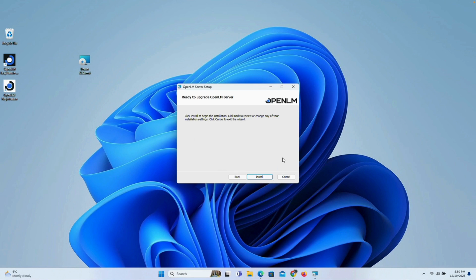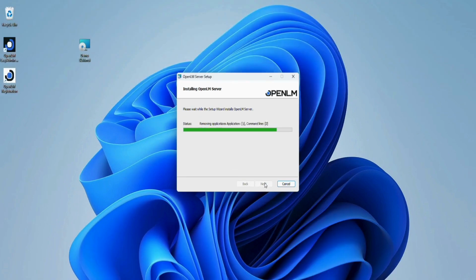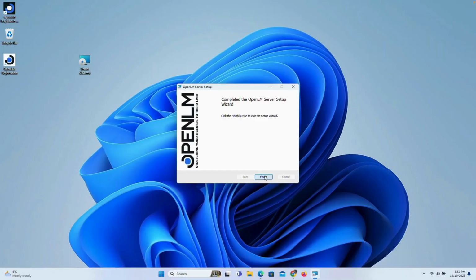And we are ready to upgrade the OpenLM SLM. This is a very straightforward process and it shouldn't take longer than 2 minutes. That's it. Click Finish,